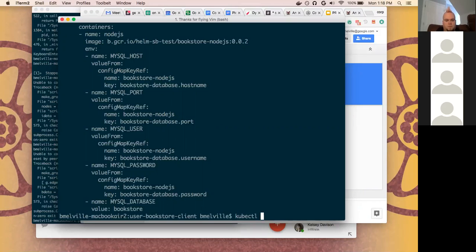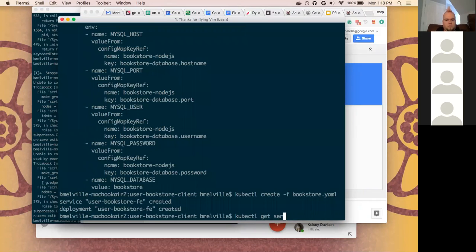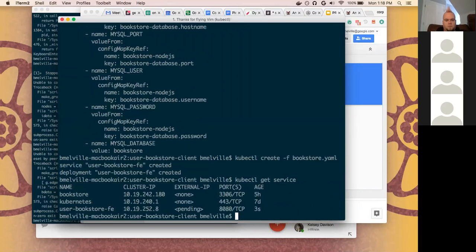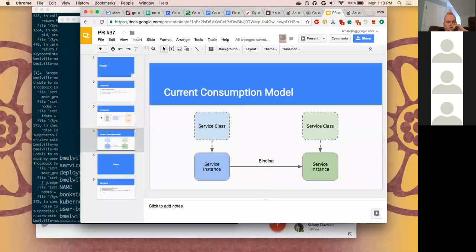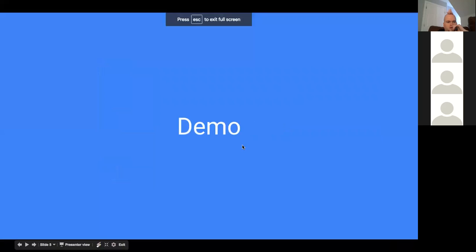So if we create that, we now have that new service, and it's probably going to take a minute for the external IP to come up, so we won't actually ping it to test, but we can always come back to it if that's important to people. So what that just described was